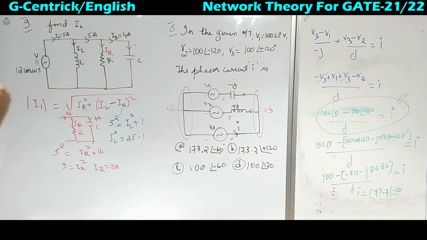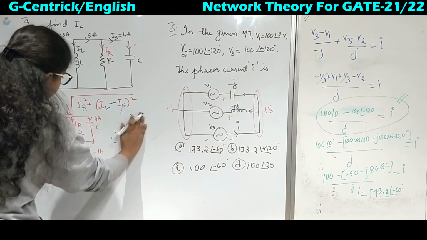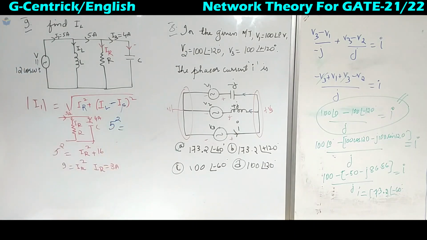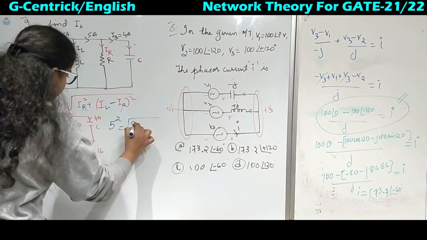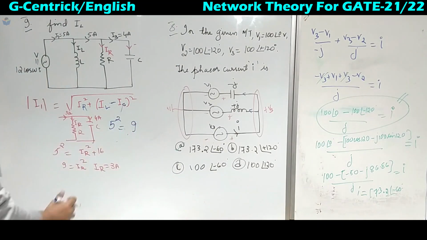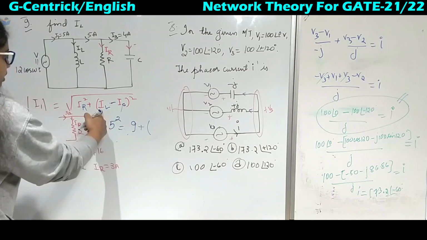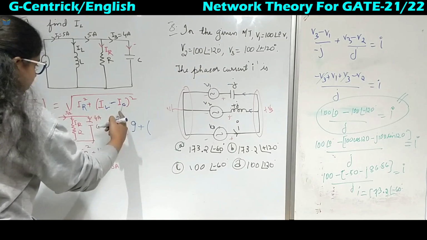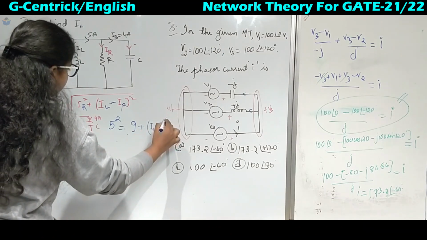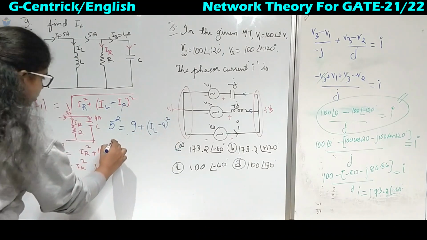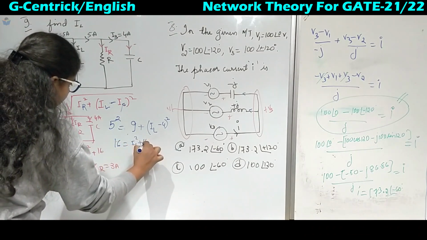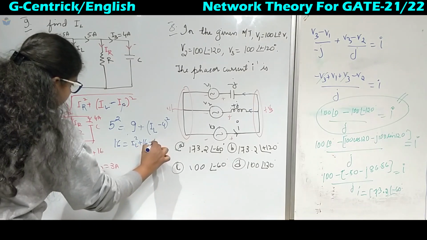Now we have got the value of IR, sorry, we will redo it again. So this is 5 square, so we have got IR square as 9, so this root will get cancelled because we have already squared the term, plus we do not know what IL is, but what IC is, we know it as 4 whole square. So 25 minus 9 is 16, so IL square plus 16 minus 2 times, that is 8 IL.